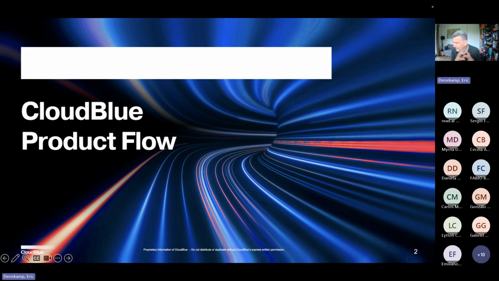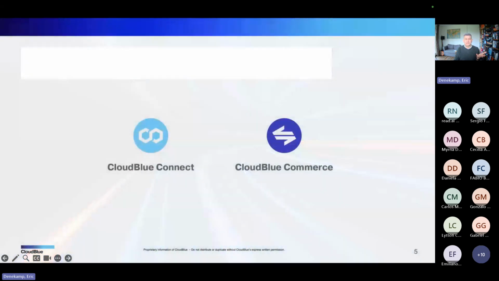So at some point we decided, let's change this and let's go and centralize that APS management. And that became our Connect platform. So now we have actually got two platforms. Connect is the fulfillment platform. That is where all orders end up to be distributed to the respective vendors, so that the respective vendor can start provisioning the service, building the tenant, assigning the licenses, et cetera. And we've got the commerce part that handles, let's say, the financial stuff between the vendor and the customer.